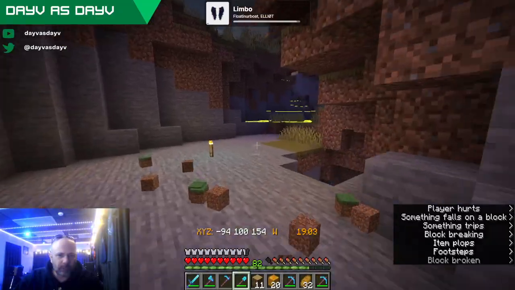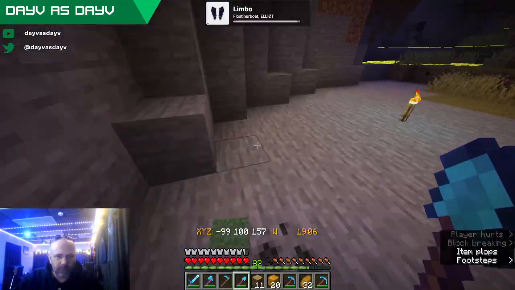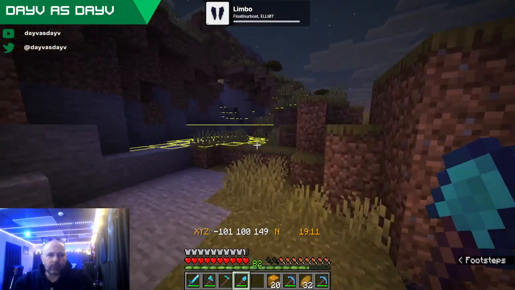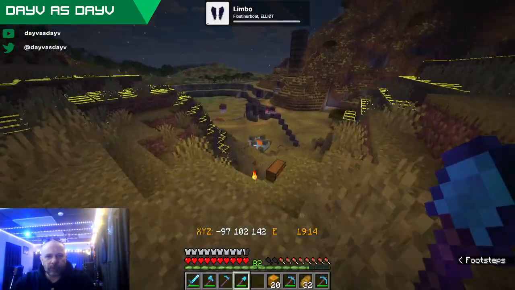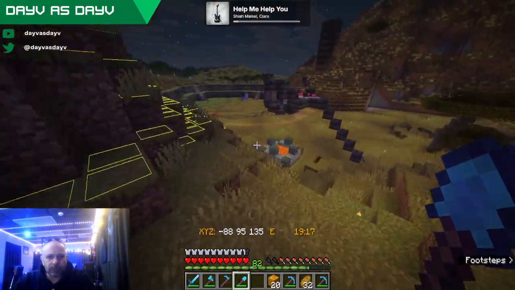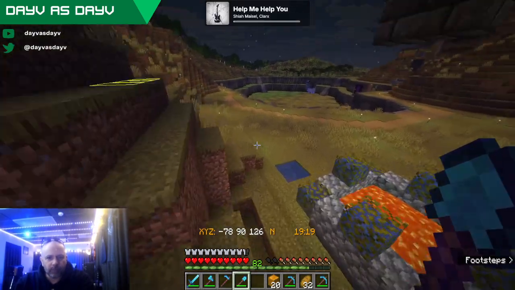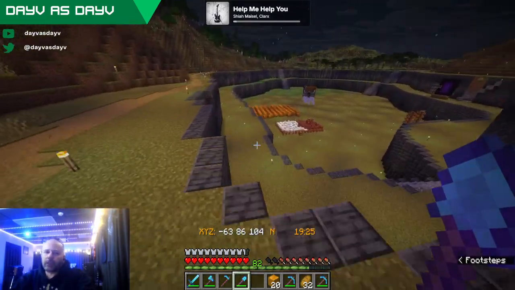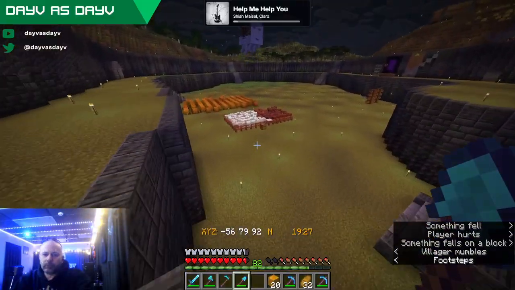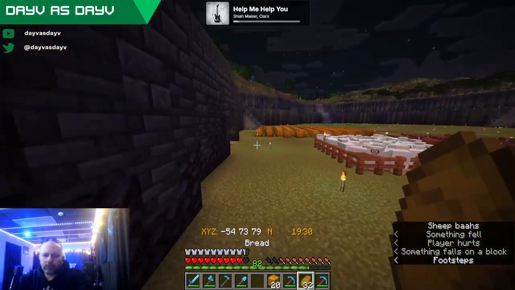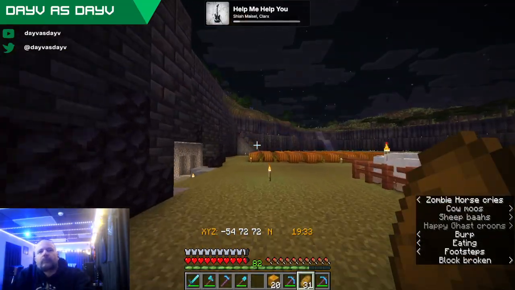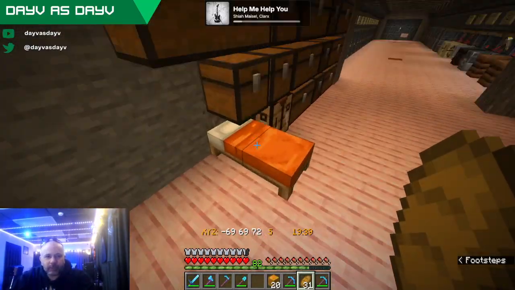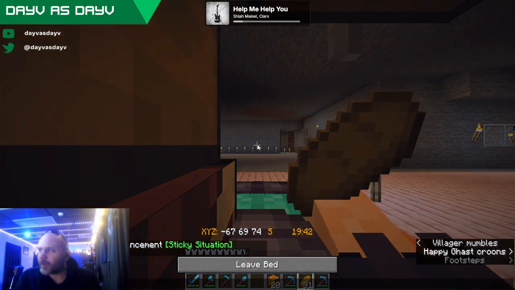Would love to have a beacon. There are several steps I'm missing for that. I don't have a bed with me. I really should. Let's go down this area here. Sleep. You're welcome. I swear the happy villager sounds like he's saying thank you sometimes, and I can see why they would make him do that.